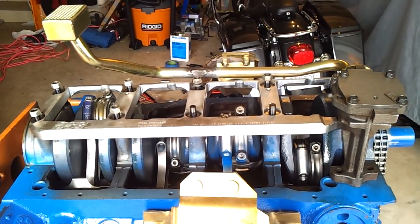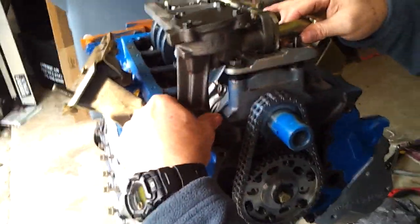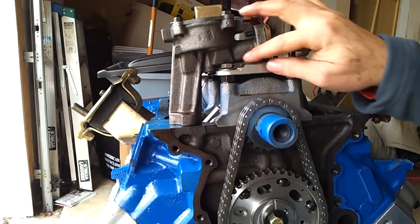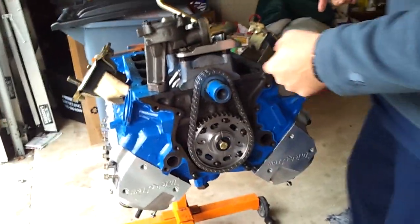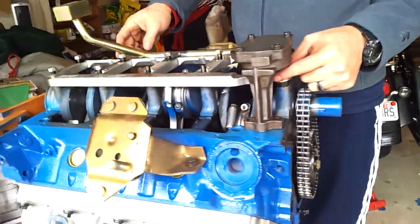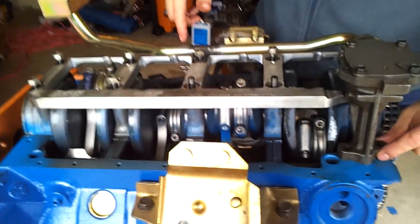So guys, as you can see, it'll look something like that, and if you come back to the front here, you'll see that there'll be enough space clearance once I torque this nut down to 40 pounds. It'll be low enough that it will not make contact with this here. Now at the end of this, you want to make sure you rotate your assembly and make sure that everything clears. But that really is about the basics on getting a DSS girdle installed on your stroker